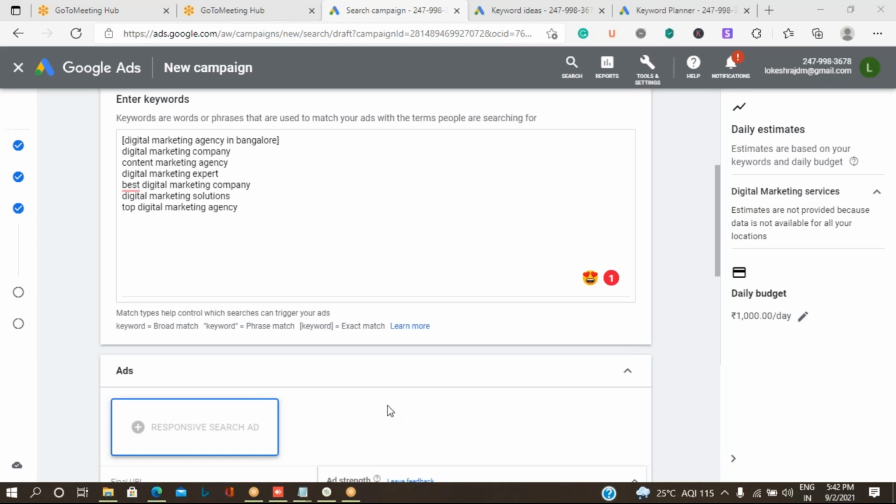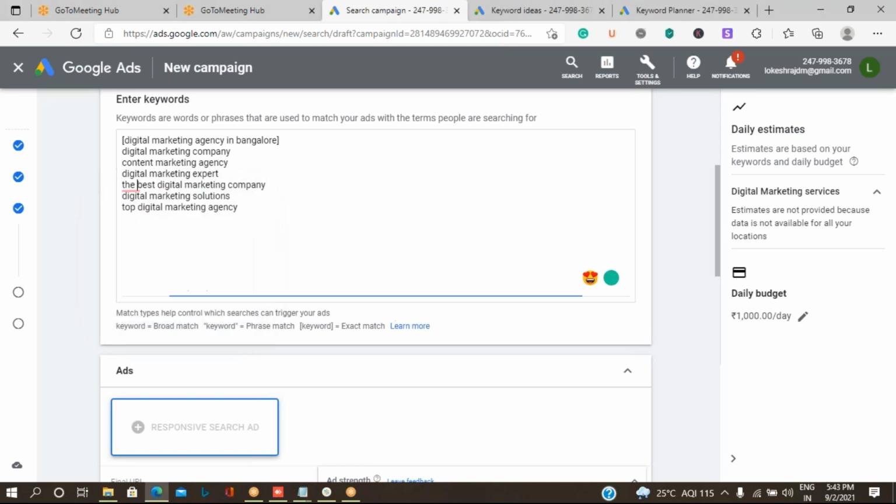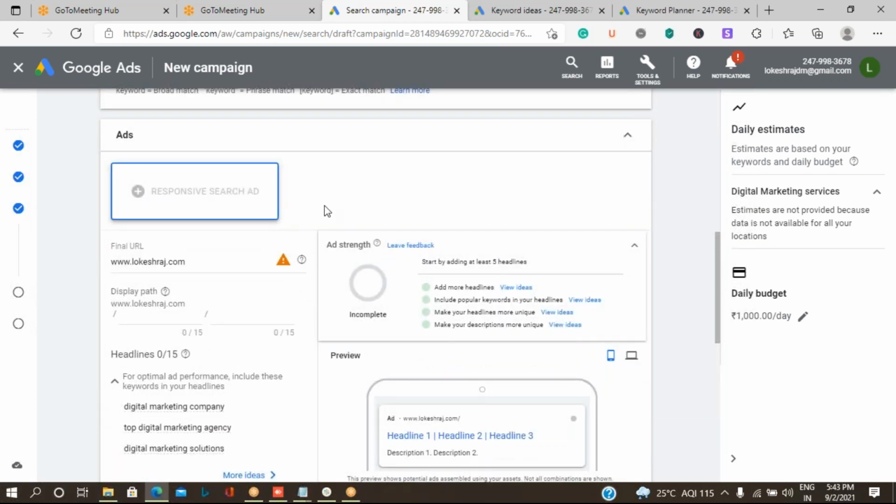Fine. After making clarity on the keywords, the next part is ads.